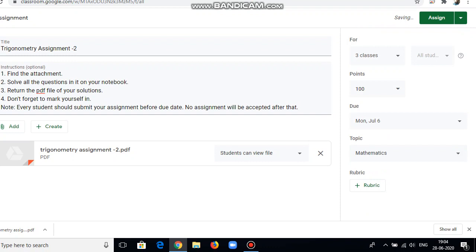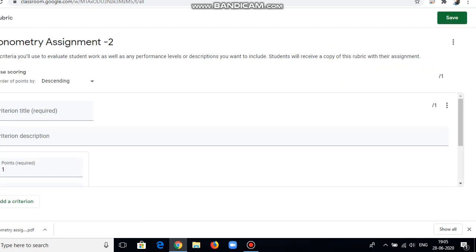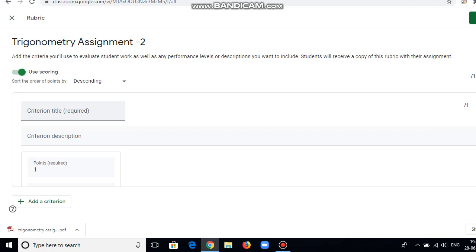Now, very important, the rubric. Now we'll click on the rubric. There are three options: create rubric, reuse rubric, import from sheets. We'll click on create rubric. There is an option, criterion title. It depends on your requirement. In my case, I will write here question number 1, and in the description I will write